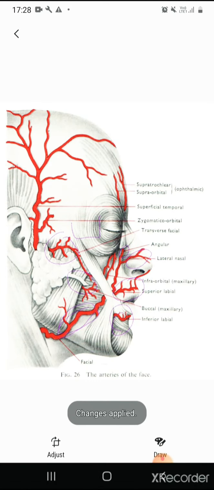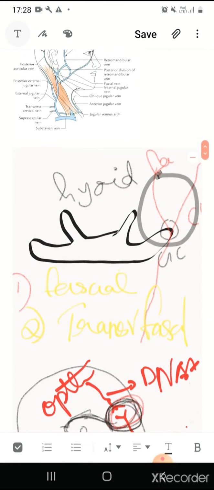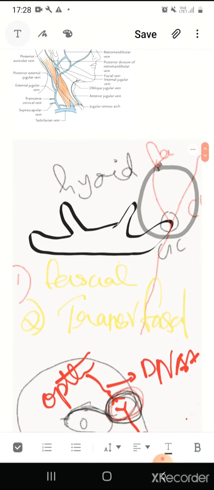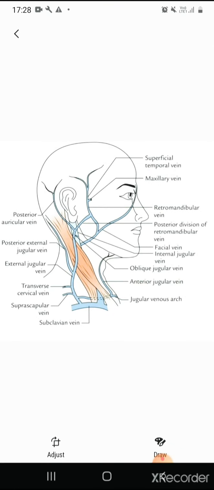Now let's talk about the venous drainage of the face. The venous drainage of the face is just simple. It can be discussed with just this diagram. Just one diagram is necessary. We can just learn it as a hierarchy. So the first one we have to learn about is the